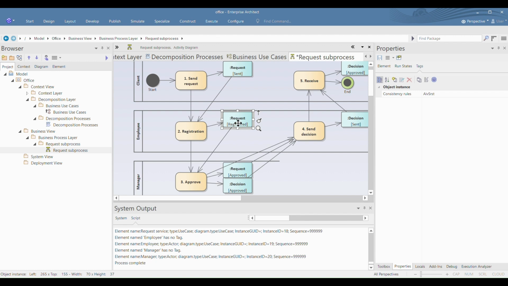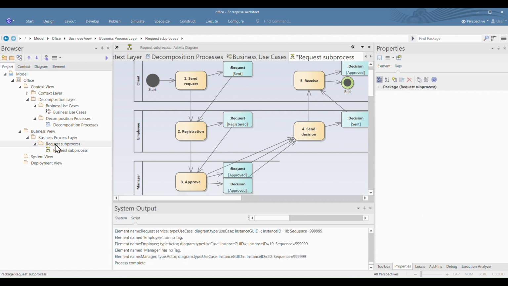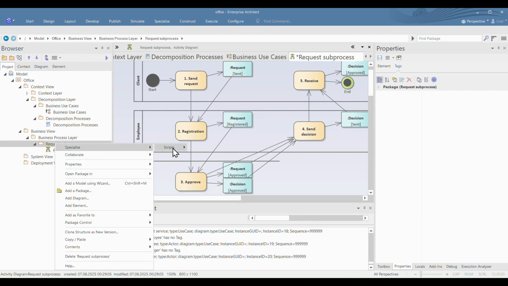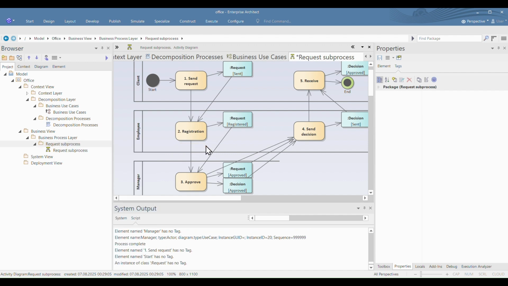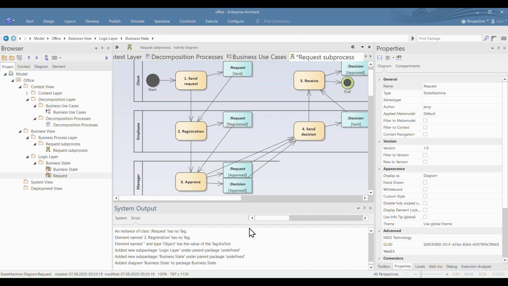We also set another composite consistency rule, this time on the object, specifying that a business state machine diagram be created based on the states of objects of a given class in the business process, with states such as sent, register, or approved. Now let's run our script on the request subprocess business process package, and 3 diagrams should be